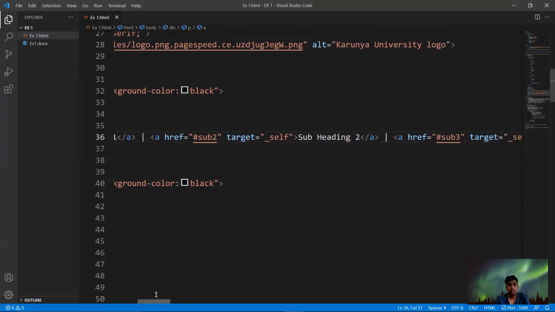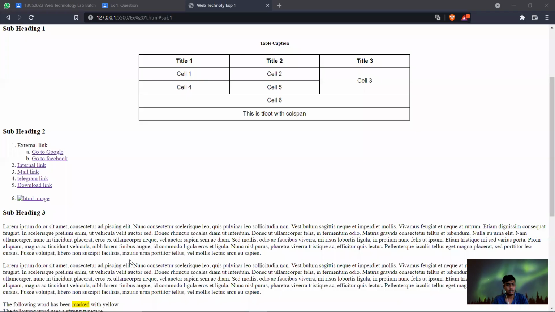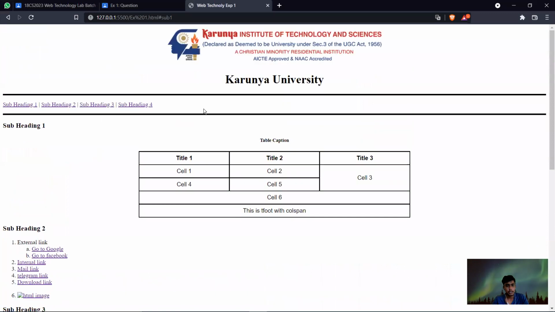So same, we are giving for second link, third link and fourth link. So in the same line we have been given. So it will be in the same line. So afterwards we have been closing that HR, sorry, HR we are calling. So it will create another one line. So afterwards I'm creating